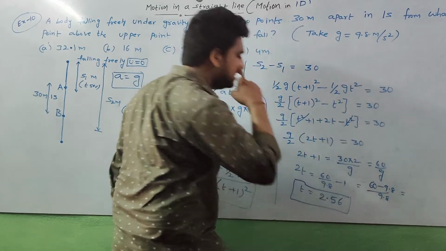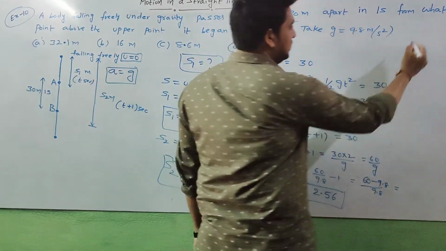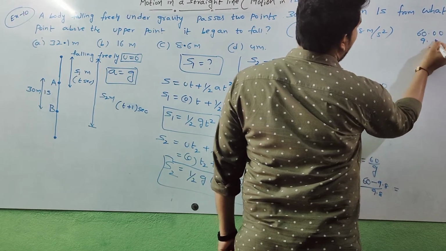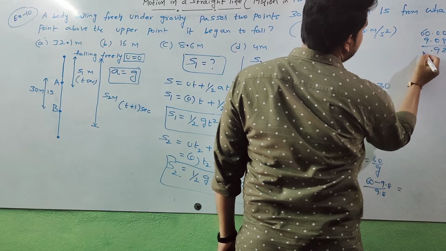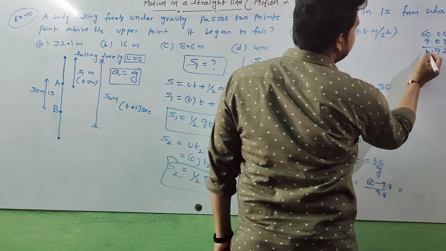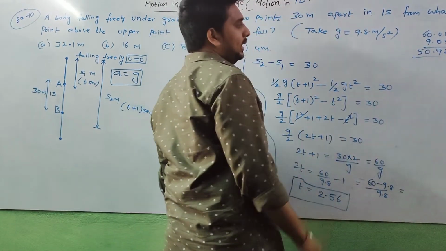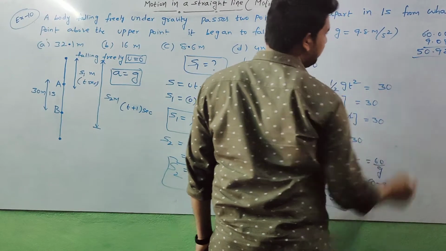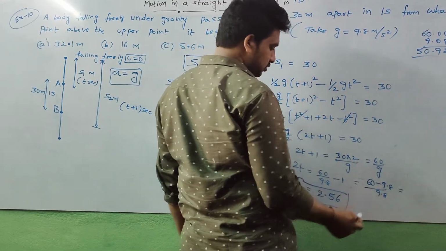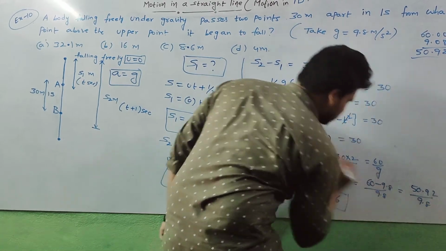So this is 60 minus 9.8 means 60 minus 9 first. 60 minus 9.8 to here 9, 60 minus 9 here, so 9 minus 9 is 0 here 5, 50.992. So here we got 50.92, 50.92 by 9.8, this 2 will be moved this side.